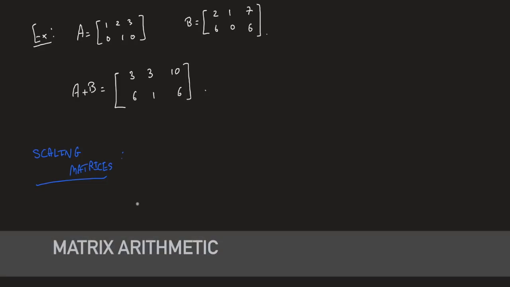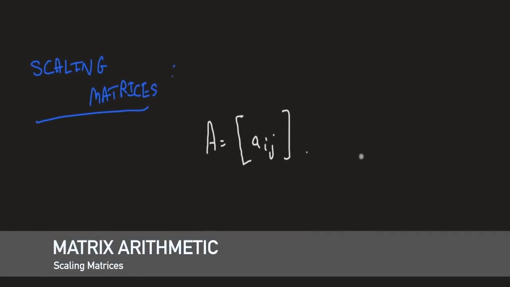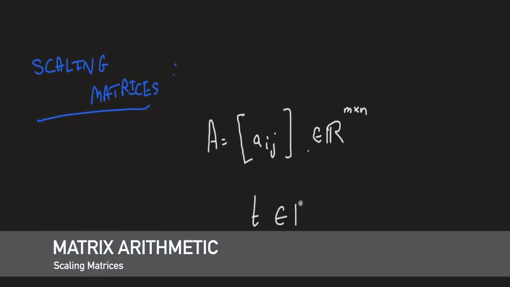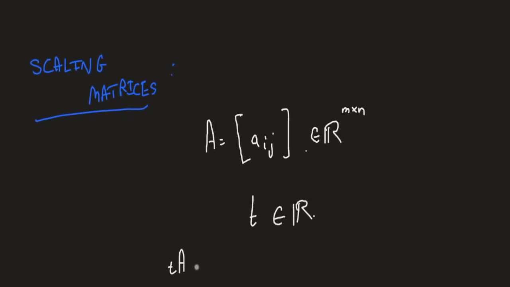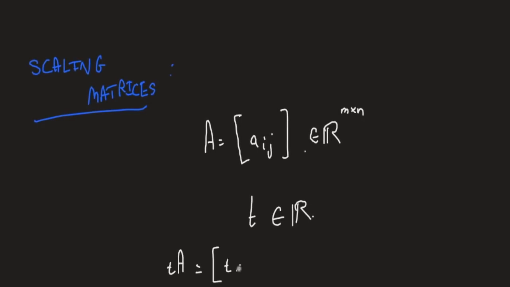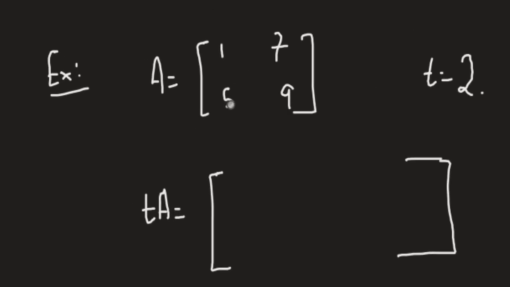Let's talk about scaling matrices. Say I've got a matrix A, with elements aij, and a number t in R. Then tA, the matrix tA, is simply the matrix obtained by multiplying the elements of A by t, that is, t times aij. A small example: say I've got this A, which is 1, 7, 5, 9, and t